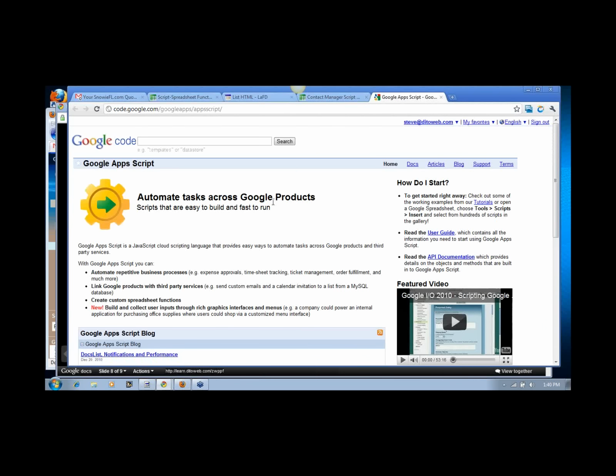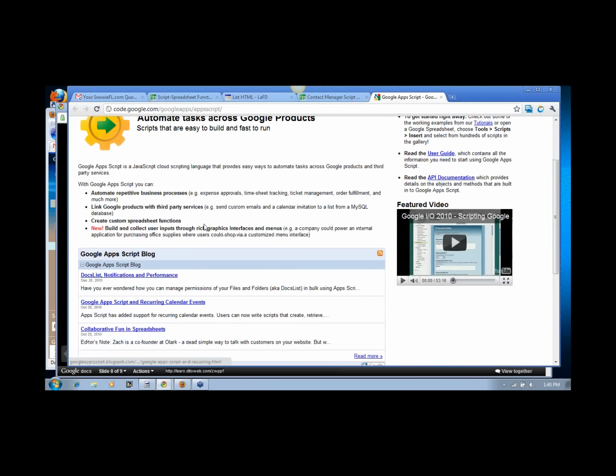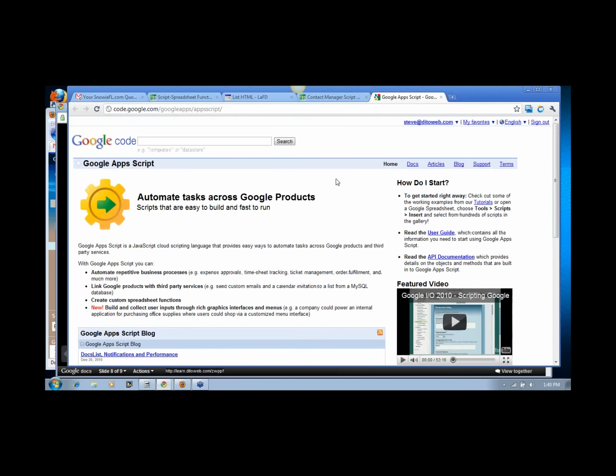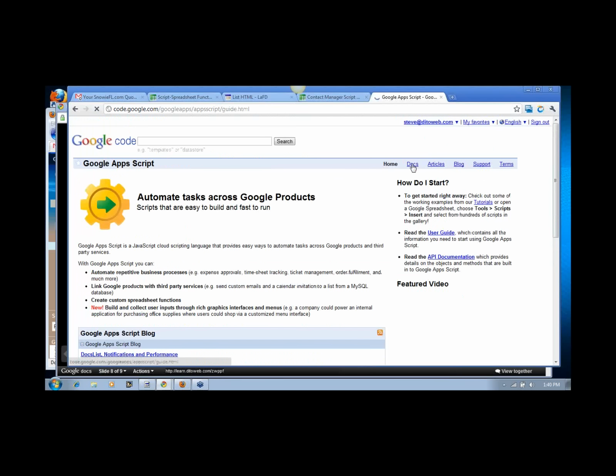Okay, so here is the main help. How do you start section here? It has tutorials, it has a user guide, it has API documentation, it has a blog with some recent postings. So let's go into a couple of these. For example, in Docs,